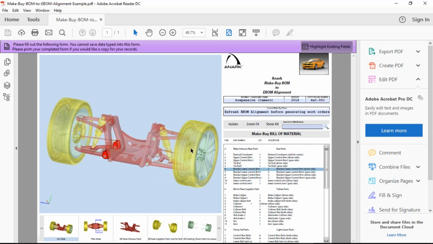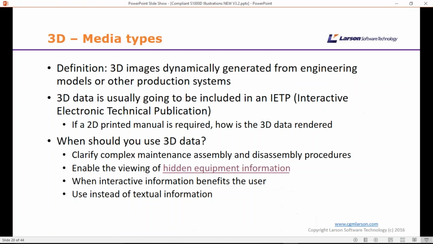So you can see that with 3D we could easily now integrate into our manuals, even using a PDF format. So I think the technology is there to deliver that 3D data. Apologies for that not working straight away. So also interactive information benefits the users. There was some interaction with that, but you could also build in animation of how to actually explode the parts away, or assemble and disassemble.